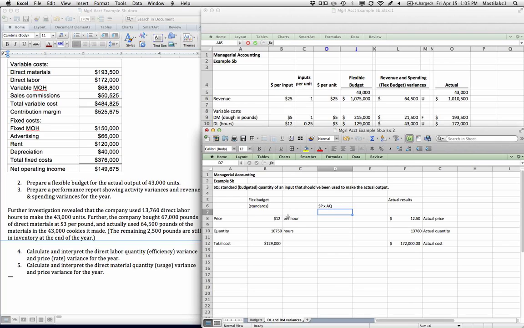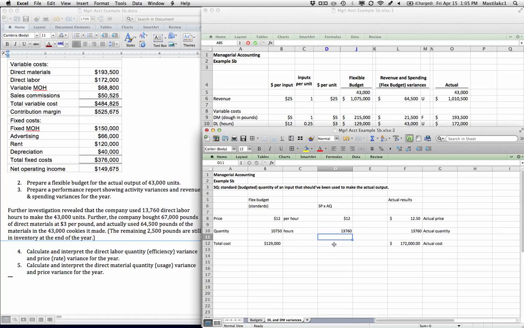And what we want to do to hold constant one of these things at a time is take one item from this side and one item from this side and put them together. And first I'll show what we do, and then I'll tell you why we do it. This difference of 129 versus 172 depends both on the increase in price per hour and the increase in number